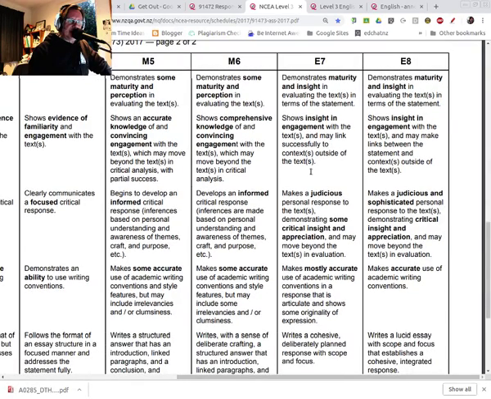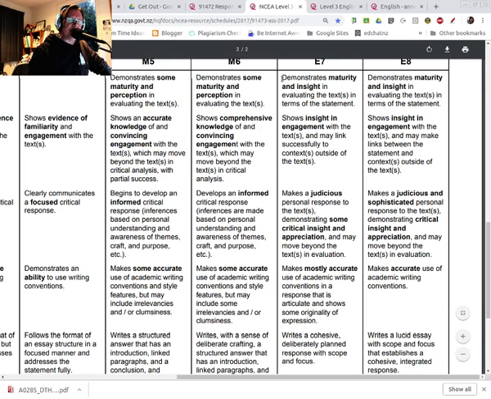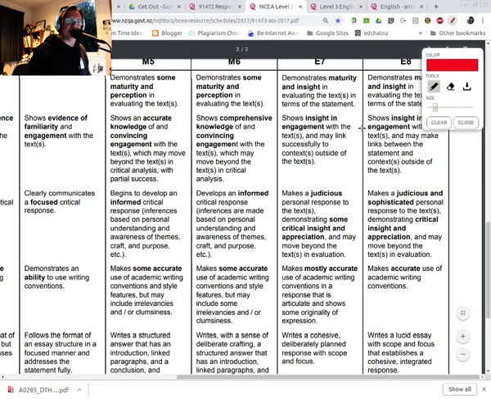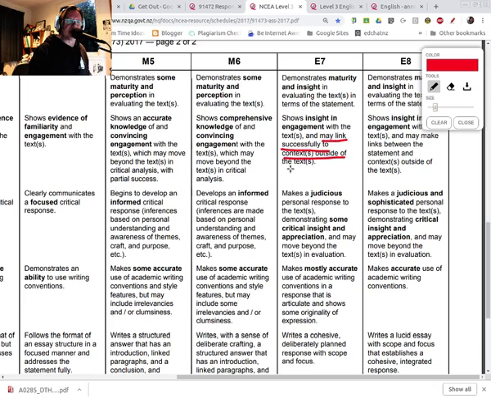Demonstrates maturity and insight into evaluating the text in terms of the statement. Okay, so remember for this one, you're not just rabbiting on about the text. You've got to come back to the statement and show to what extent you agree with it. So keep coming back to that statement. Shows insight and engagement with the text and may link successfully to context outside of the text. For me, that part there, may link successfully to context outside of the text,